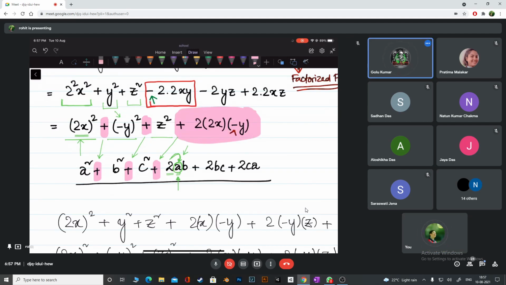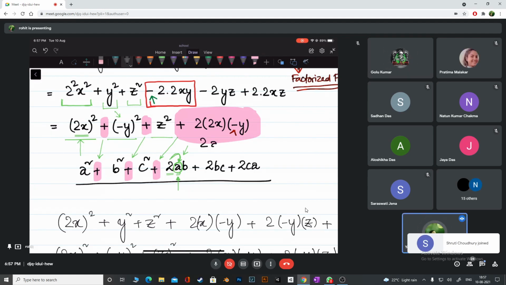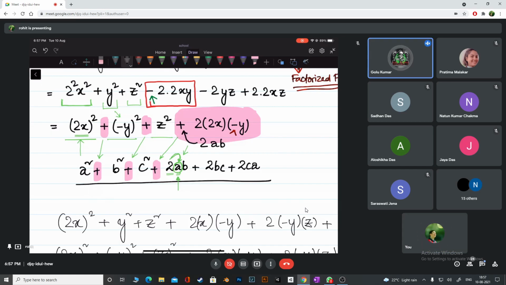Does it look like twice ab or not? Does it look like twice a into b or not? Yes, sir. It looks like twice into a into b. Clear with this, Baliram? Yes, sir. Do you also agree in front we have plus? Yes, sir. Right. So in the formula also, I'll show you, this is the formula. Here also we have plus or not? But Baliram, do you agree that here we have plus, or actually we have minus here?